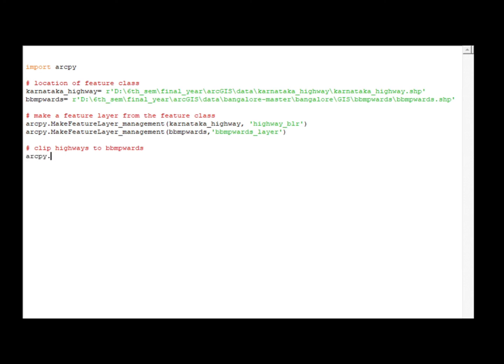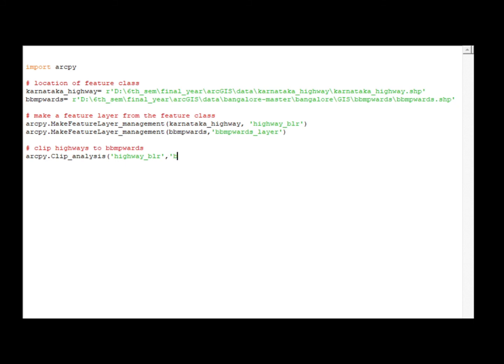ArcPy provides us with a method called clip analysis, which takes the layer name as the first parameter. Which layer name? The layer that you want to clip. In our case it is highway BLR. Then it says clip feature.